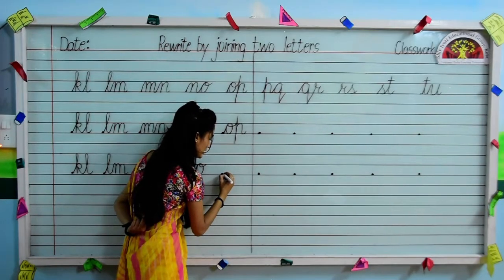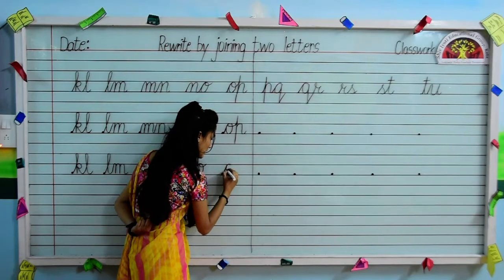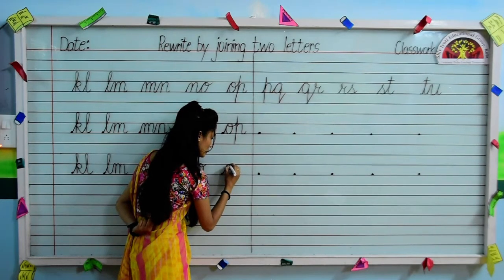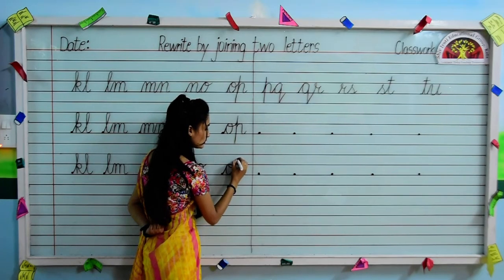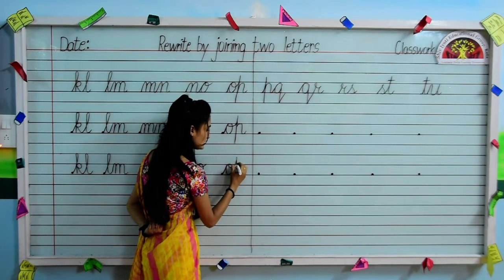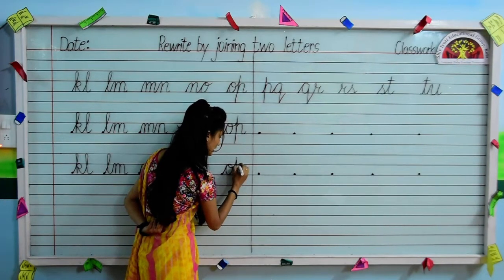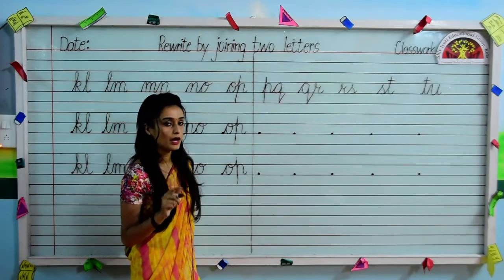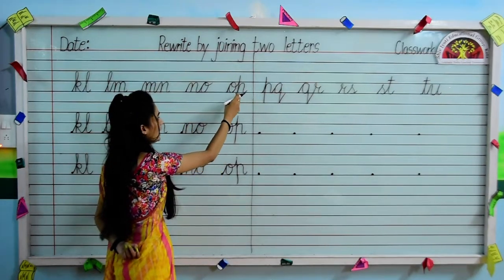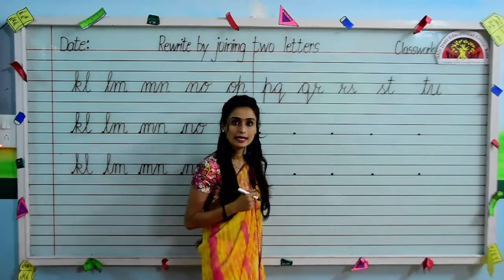Okay, let's see once again. Firstly, we will write small cursive letter O, slanting line, then a curve, loop and out like this. Now from the end point of letter O, we will start making letter P. Now go back, curve and out like this. So this way you have to write your letters O and P together. Come on the next one.